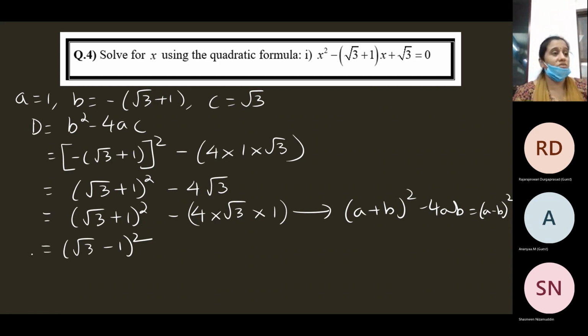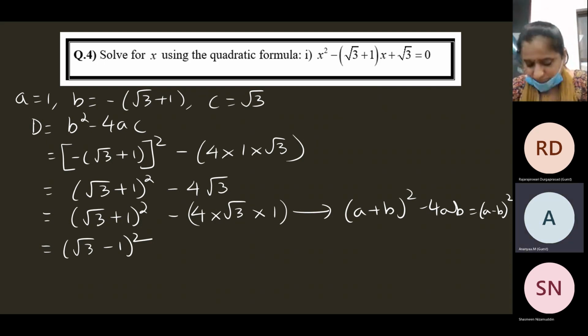Yes, now find the values of x, children. 3, 1. 3 root 3 and 1. Still to solve. Have you got the values of x, children? Yes, from the same values, root 3 and